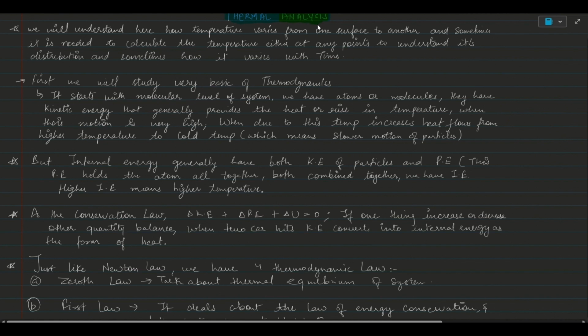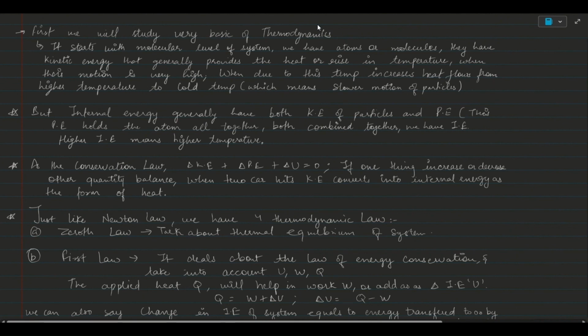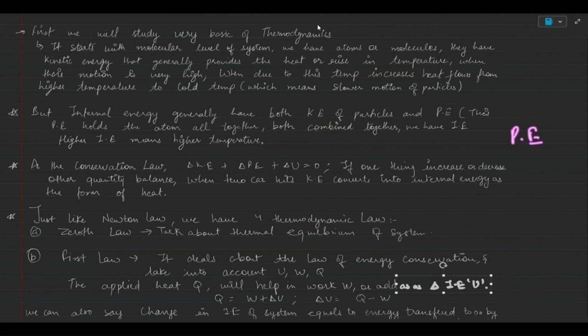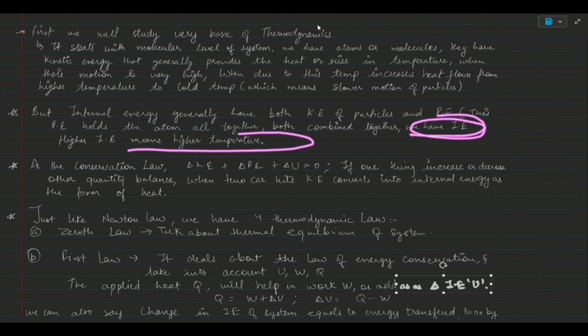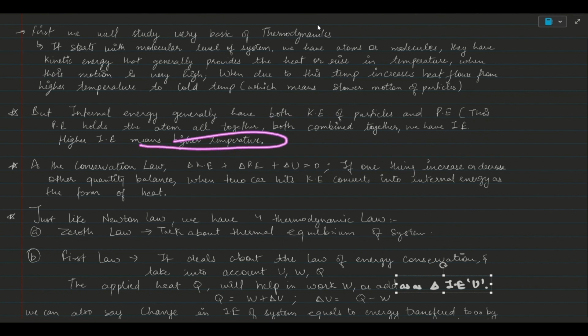That's what we say is the equilibrium of a system, where all the particles are moving with the same velocity, with the same kinetic energy. Since I talk about energy, in general we have two types of energy: kinetic energy, by virtue of the motion of the particles or atoms, and potential energy, by virtue of the height. Once we have in a system both kinetic energy and potential energy for the atoms altogether, we say we have an internal energy. And the increase in internal energy is due to an increase in temperature, the increase in kinetic energy.